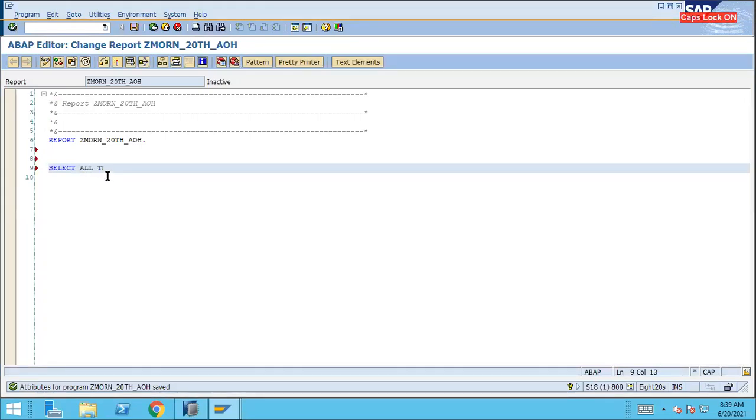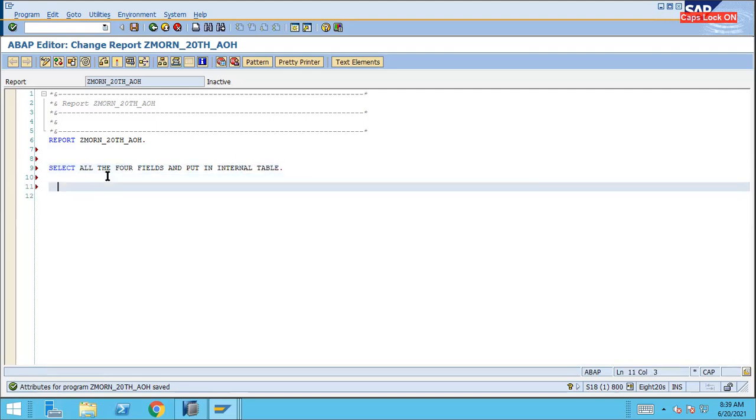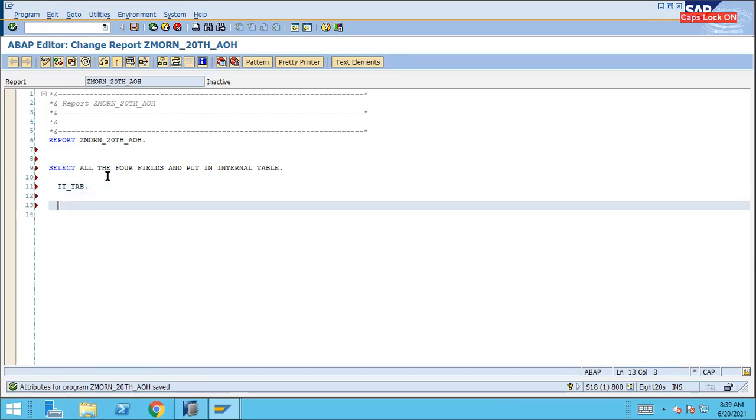Select all the four fields and put them in an internal table. Then let's suppose that internal table is it_tab. Then we used to loop at it_tab into a work area, right?